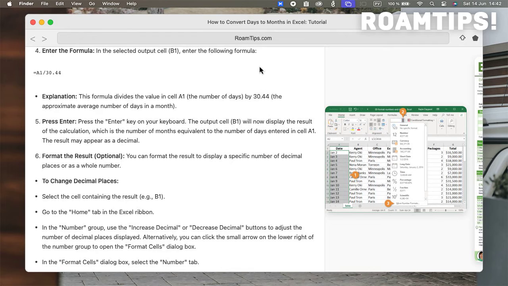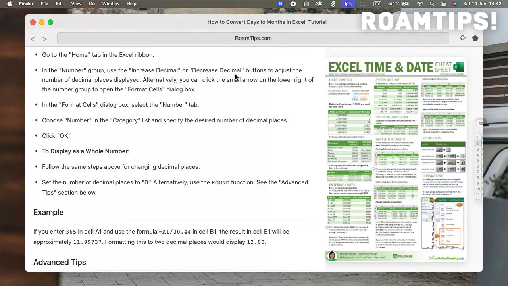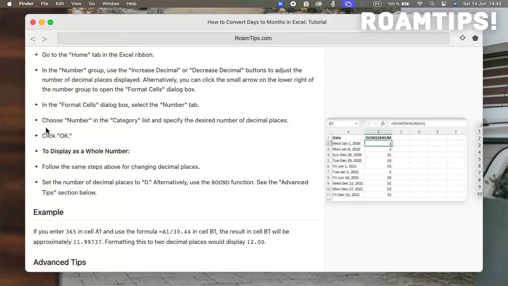Okay, so first, let's look at the simplest way. We're going to assume an average month length. While not super accurate, it's quick and easy. Let's say we have the number of days in column A. In column B, we're going to input a simple formula, equals